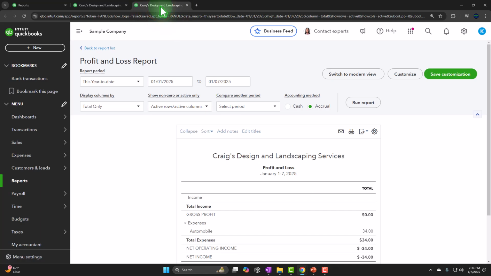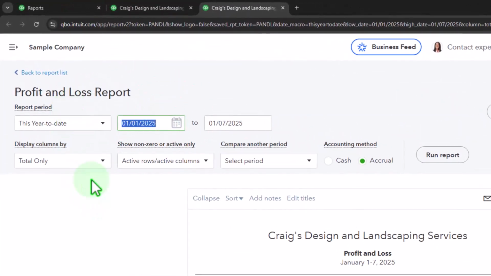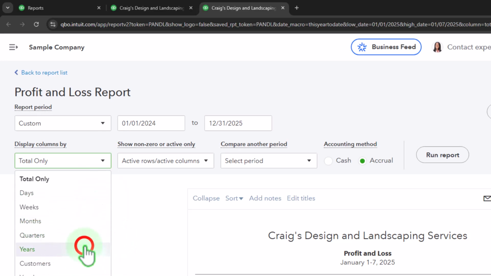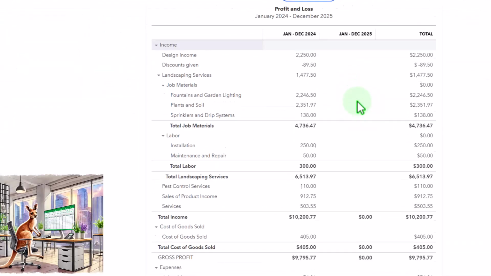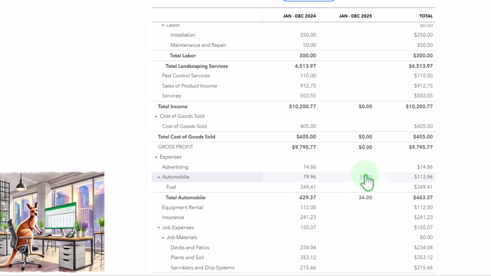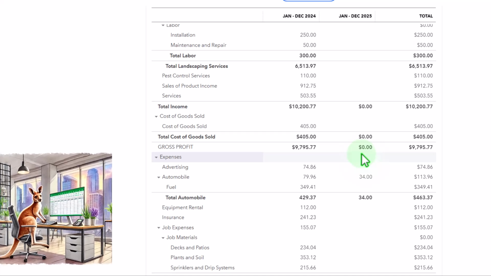Let's go to the tab to the right. Close up the hamburger once again, changing the range to the same, 01/01/24, tab, 12/31/25, tab, selecting the drop-down, years, run it to refresh it. We note that there's nothing currently in 2025 except for that $34, including prior presentation transactions we entered because we